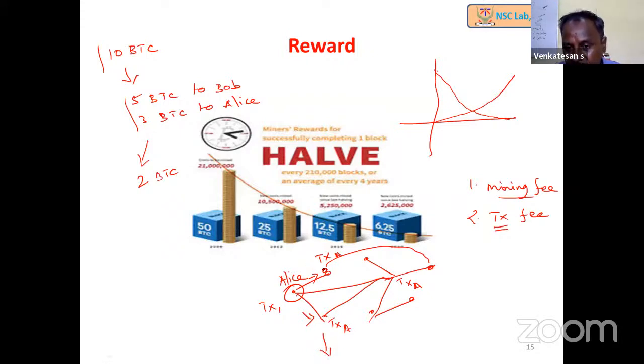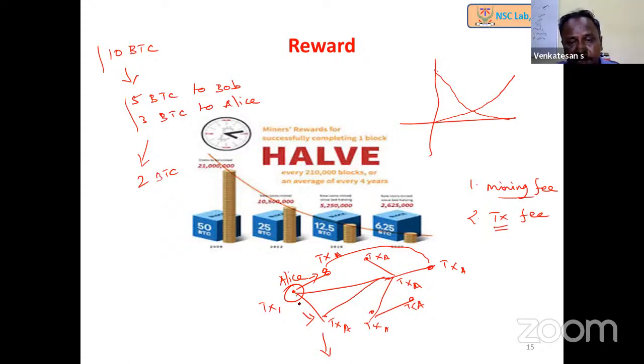Then they will forward the transaction to the next node, and then further it gets forwarded. So now all of them have the transaction. It's like the transaction is forwarded from one person to another person, and that person shares it with their neighbors, and their neighbors do the same. So slowly the entire network will get the transaction. At one point of time, we can say all will have Alice's transaction 1.